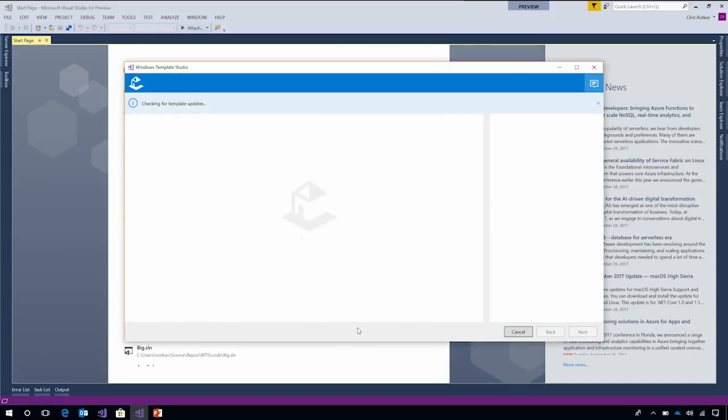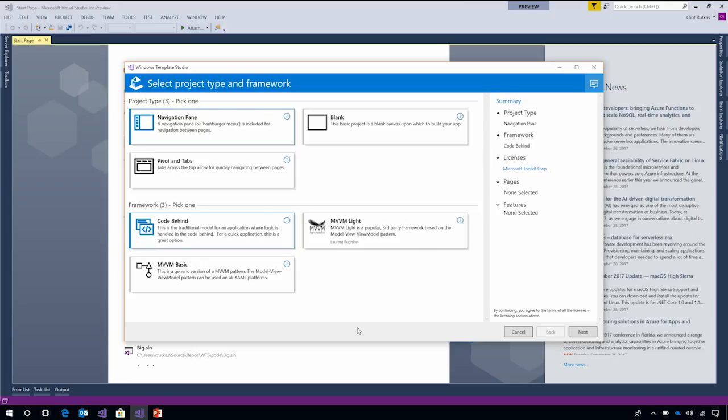From here, you're going to be greeted with a very friendly wizard. This wizard goes out and checks every 24 hours if there's an updated template, and as you can see, that's what it's doing right now. Once it grabs the template, it will show you multiple things, such as your project type, along with your framework. So here you can say, project type, this is your global navigation of your application, along with your framework. So right now, I'm going to pick navigation pane,